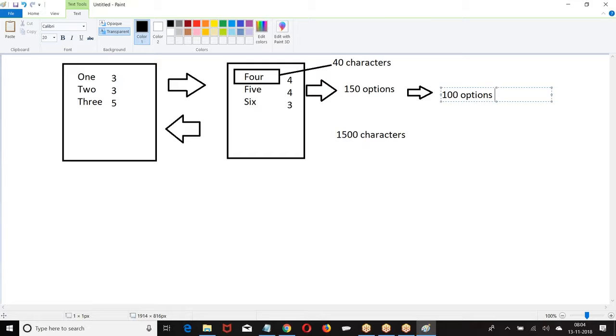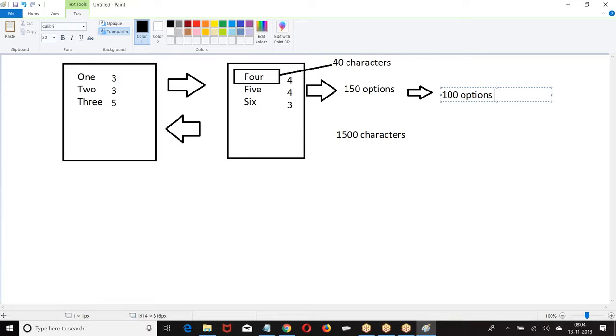Up to 100 options you can select. Length of each option is 40 characters. All the options together, what is the length? 1500 characters. Multi-select pick list, we can select more than one option at a time.